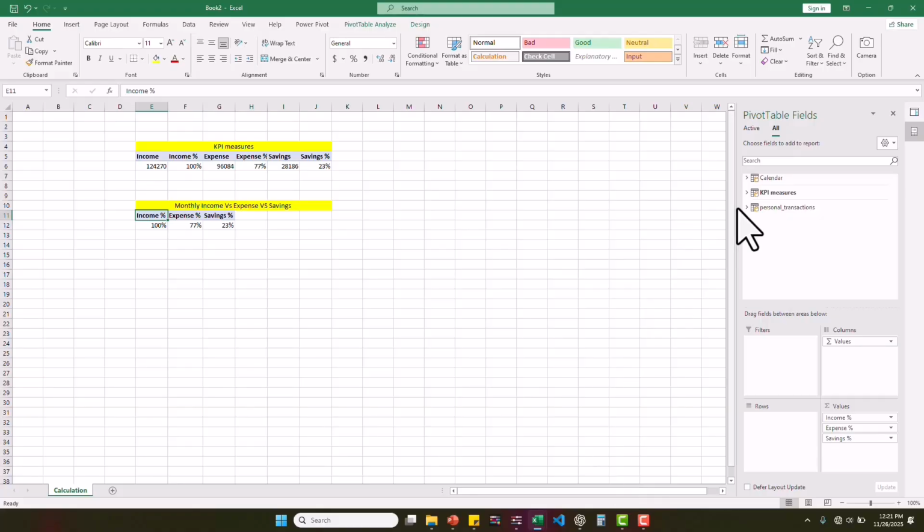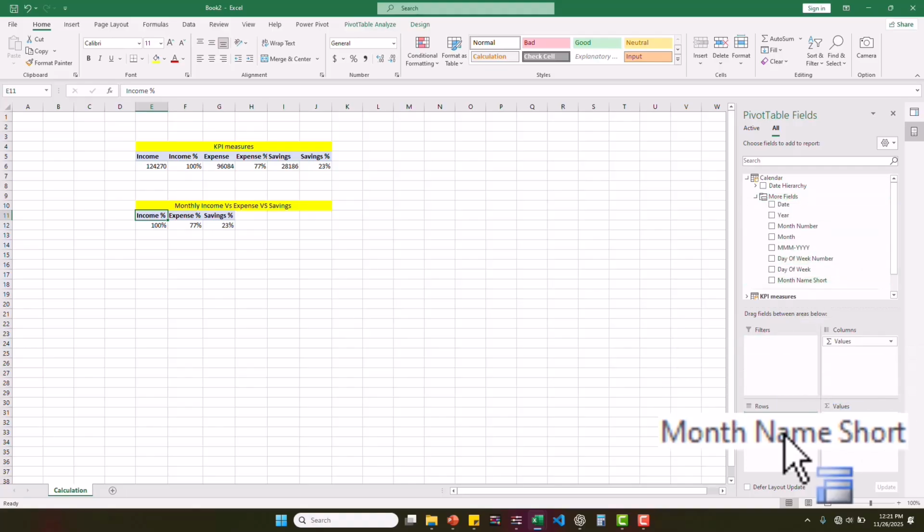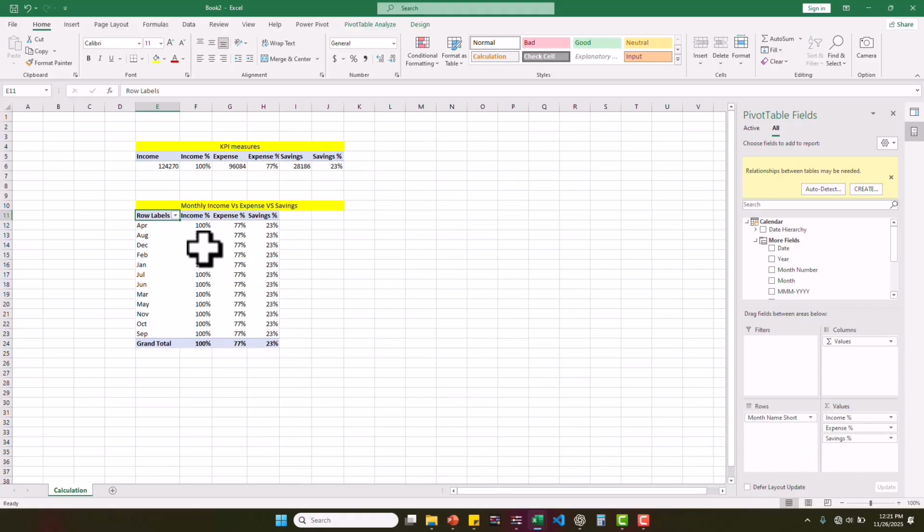Let's get back. So from this calendar year, we are going to use the month name short. There is something I'm going to show you here. As you can see, we have all the data as 100%, 100%, 77%. So you can't distinguish this data, they are all the same. So now what we are going to do is